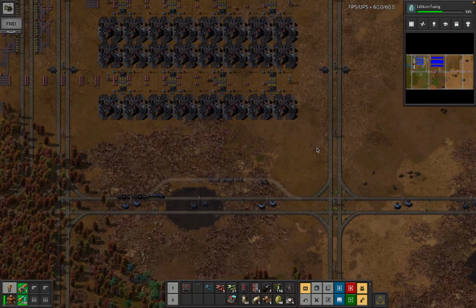So first of all, we need to reprocess these spent fuel things. Second of all, I want to be able to continue doing... I don't actually know that I'm making... I don't think I'm making the MOX fuels anywhere. But I want to be able to continue to make MOX fuels so that I can continue to make...